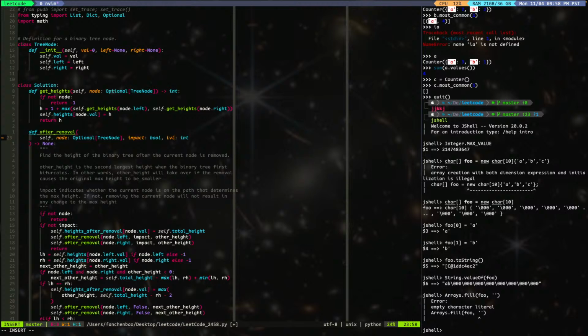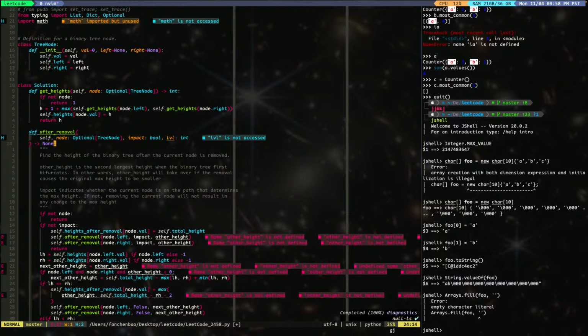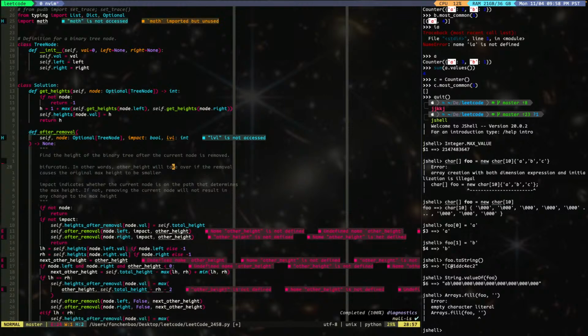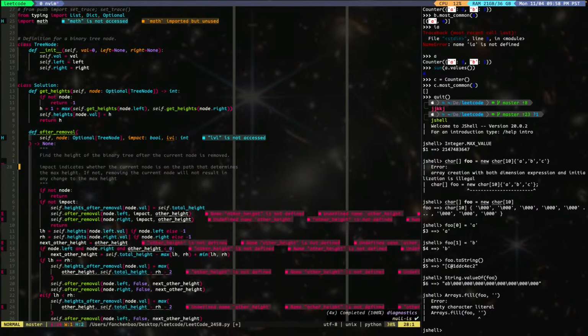Right? We need a level. So the level plus your current height is, yeah. So find the height of the binary tree after the current node is removed. Okay, so if not impacted, yes, and